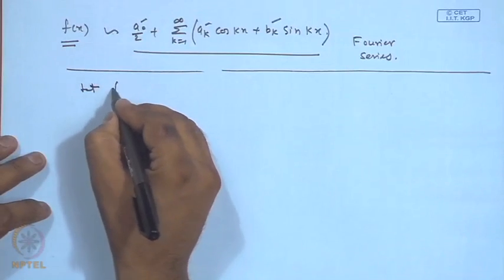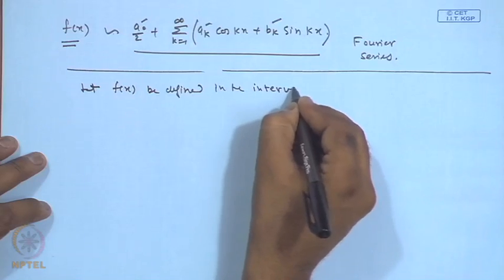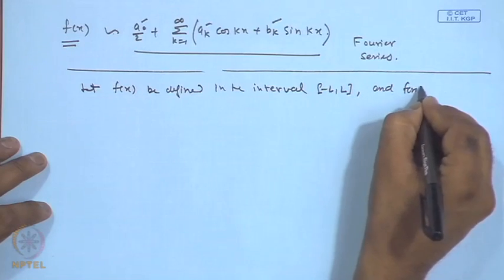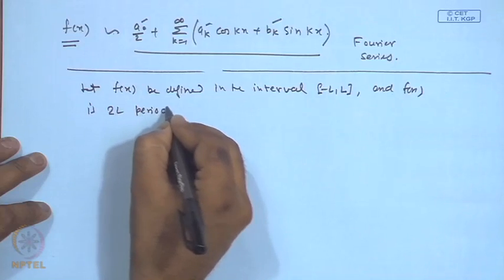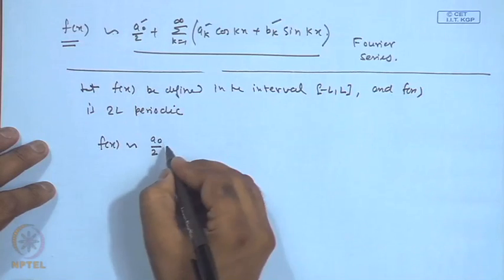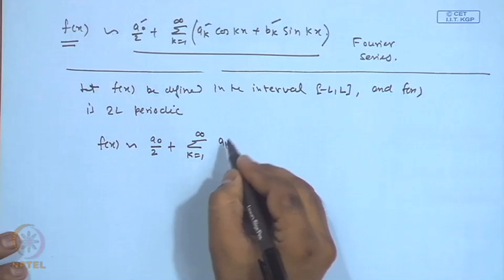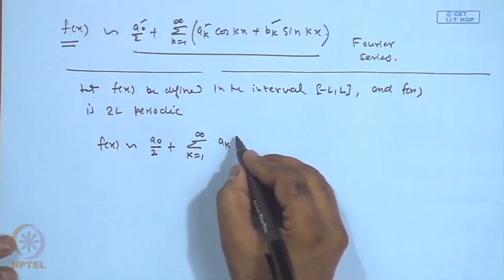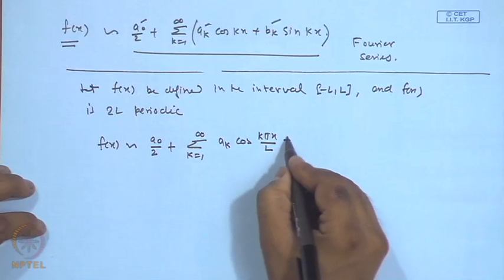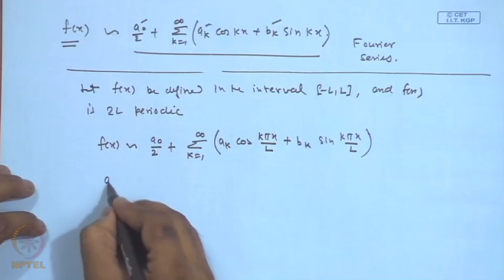So, let f x be defined in the interval minus L to L, and f x is 2 L periodic, then the Fourier series of this function will be given by a naught by 2 plus the sum from k equals 1 to infinity, and we have to take now the family of trigonometric functions which has the common period 2 L. So, that will be a k cos k pi x over L plus b k sin k pi x over L, and